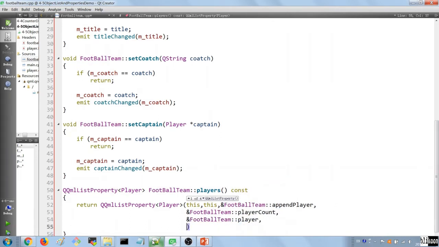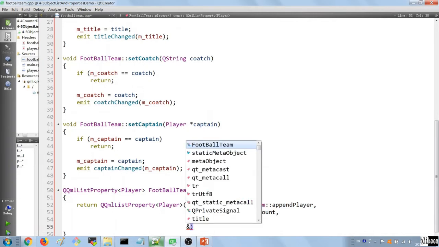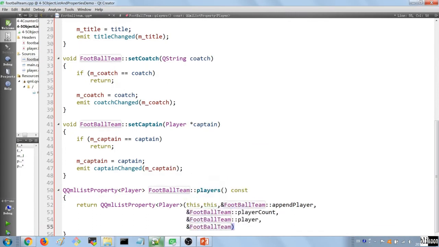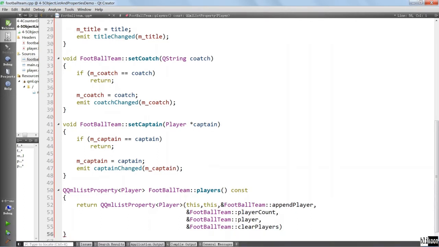And the last method is going to allow us to clear the list or the vector of players that we have in this class of FootballTeam, so we're going to say FootballTeam::clearPlayers. And this is really all we need to return in here. We return a QQmlListProperty